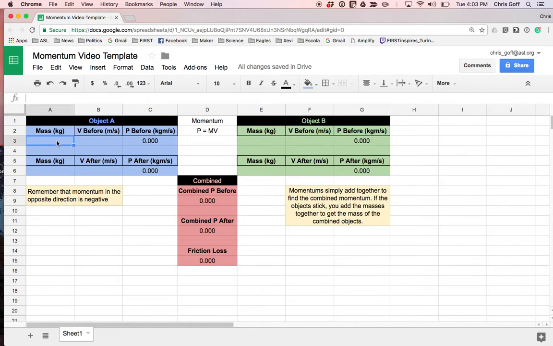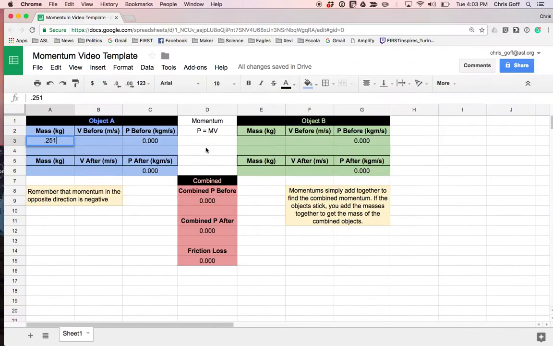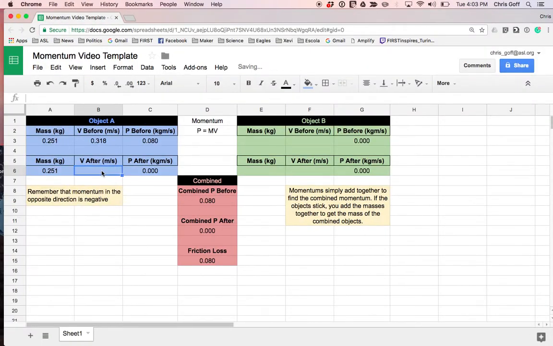So we have the mass of the car, and you have to determine this yourself. It was 0.251 kilograms. And if I go back, my velocity before was 0.3183. So I fill that one in, 0.3183. And then object A after was still 0.251, didn't change. But now the velocity became negative 0.3452. So I'm going to say negative